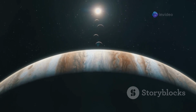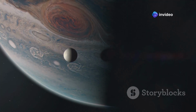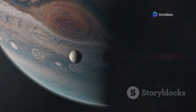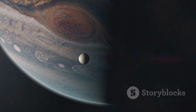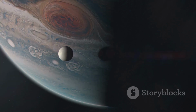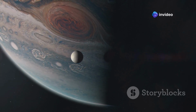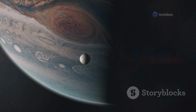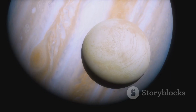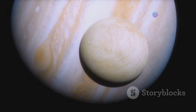Among distant cousins, Cyllene and the Pasiphae group. Cyllene is part of a fascinating group of moons that share similar orbits around the gas giant Jupiter. These moons, though small and seemingly insignificant, hold a wealth of information about the early solar system. They are like pieces of a cosmic puzzle, each one contributing to our understanding of how planets and moons form and evolve over time. Astronomers call this intriguing collection the Pasiphae group, named after the largest moon in the group,